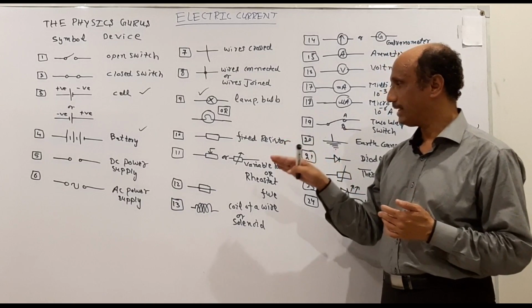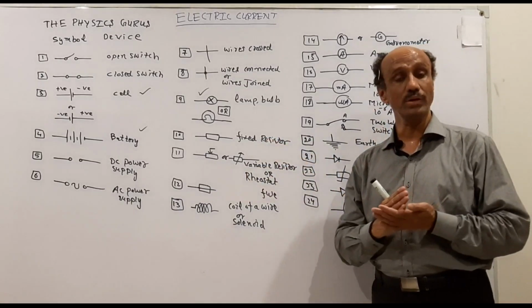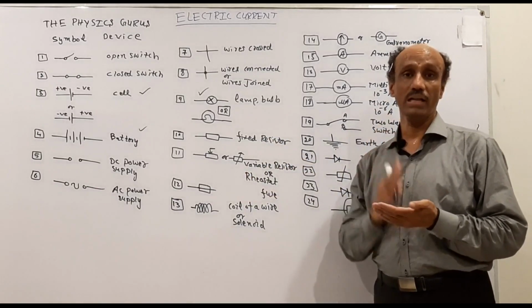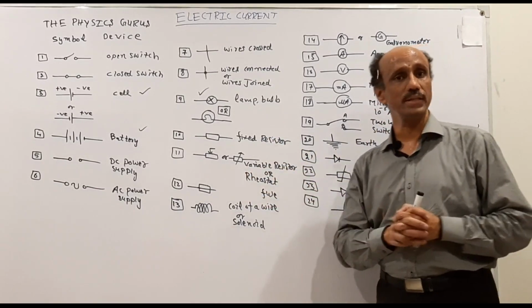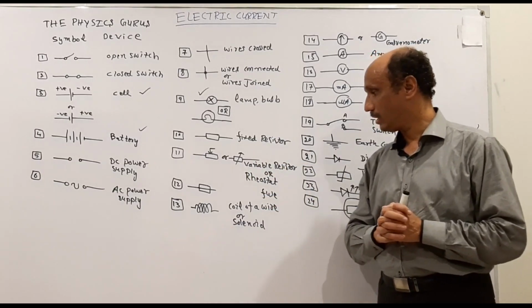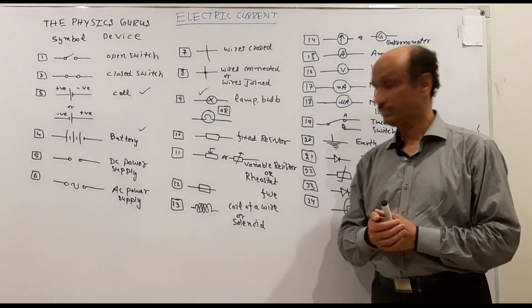So the difference between the resistor and the fuse is, resistor is used to control the current while the fuse is used to limit the current. With respect to fuse, another device which will be used in order to limit the current is the circuit breaker, which you are all familiar with.